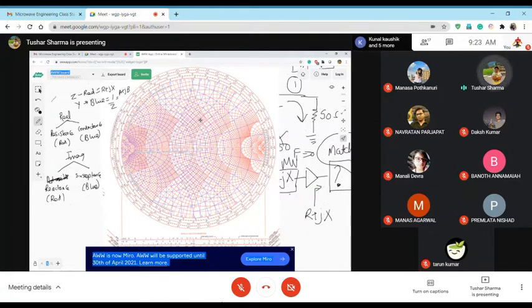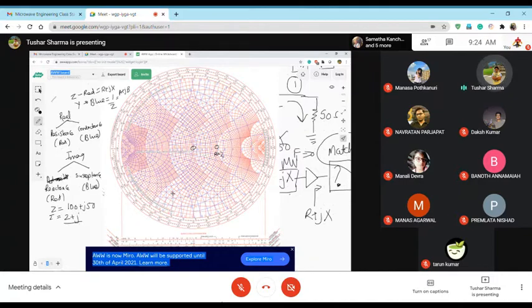So if you see here, now for a given impedance, say Z is equal to 100 plus J50. So step 1, you will divide it by 50 to get normalized impedance. So this becomes 2 plus J1. So now first we have to identify where is R equal to 2. The center of the Smith chart is R equal to 1. So this point is my center of Smith chart, R equal to 1. R equal to 2 is 0.2 gap, 1.2, 1.4, 1.6, 1.8, 2. This is my R equal to 2. If you guys have your Smith chart, just check in there. This is R equal to 2.